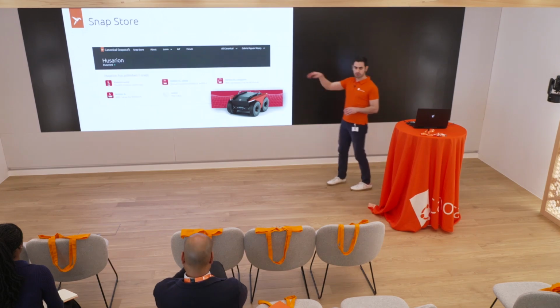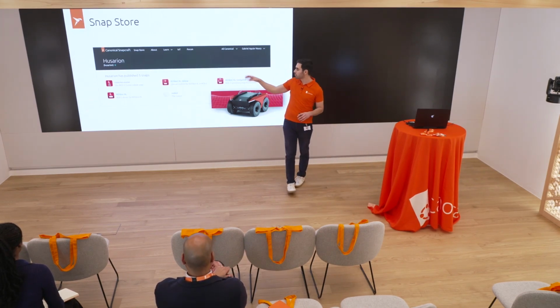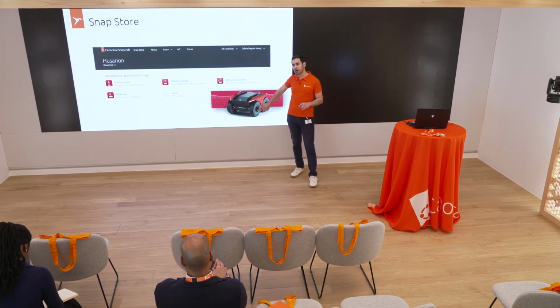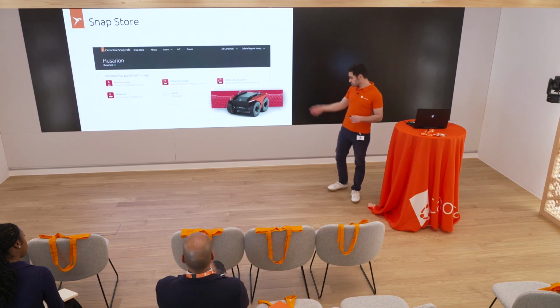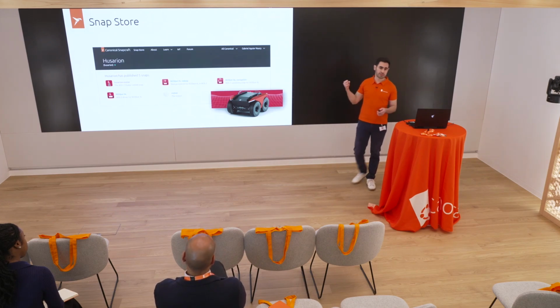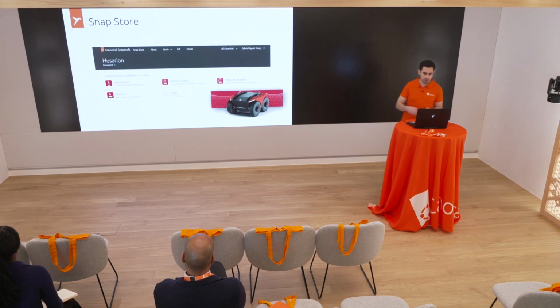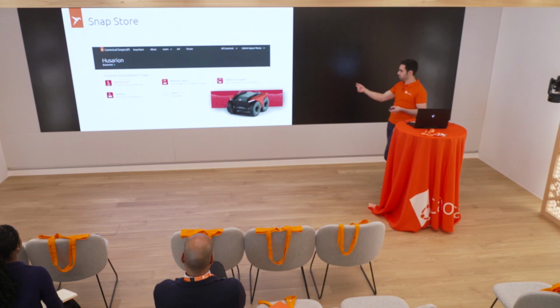So today, if you go to the Snap Store, you will find all of these snaps for the navigation of the robot, for the teleoperation of the robot, and so on. Their devices on the field are consuming those snaps that are being hosted already on the Snap Store. Your device could also be doing the same. They can be pulling those updates directly from this public repository. And the process is pretty simple. You build a snap, you push the snap to the store, and then the robot on the field is going to ping the store and ask, hey, is there an update available for me? Yes, no, and you update it, okay?